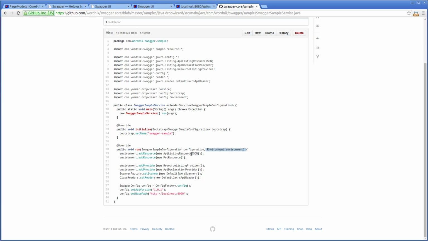And okay, what you can see here is they have an environment and a configuration, and basically it's Dropwizard that takes these two and combines them. You have to fill it and then it runs it. And as you can see here, you add the resources, and then you add the configuration, and basically, well, what you see here, these classes, that is basically all